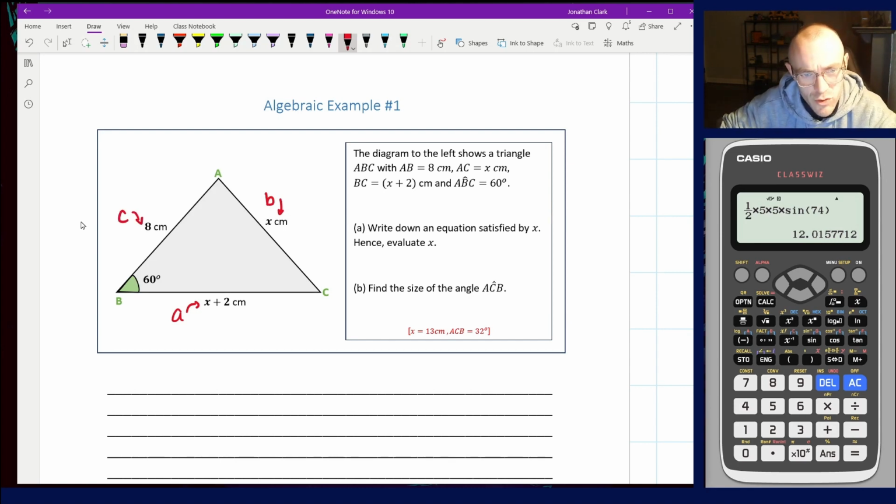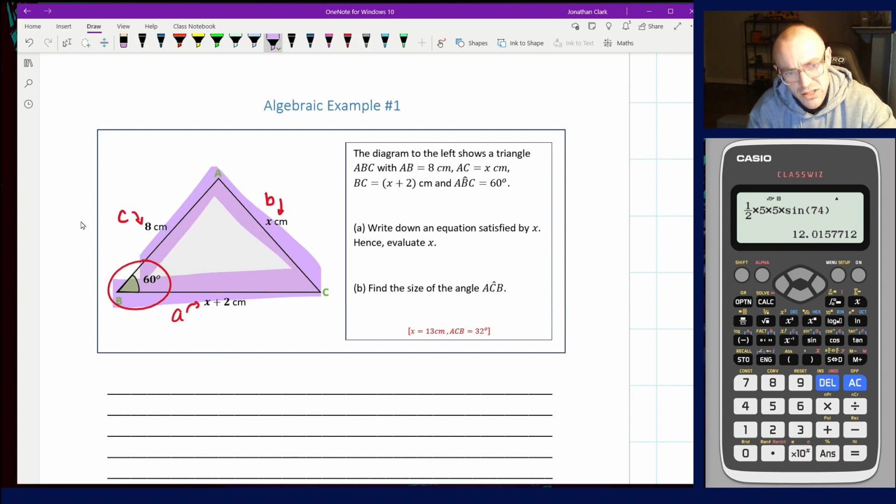And I'm going to try and work out what's going on. So I know an angle at B. And because I've got expressions, even though I don't know them exactly, I've got 3 lengths that I know something about, and I know an angle. So I'm thinking between the sine and the cosine rules, if I write down them both,